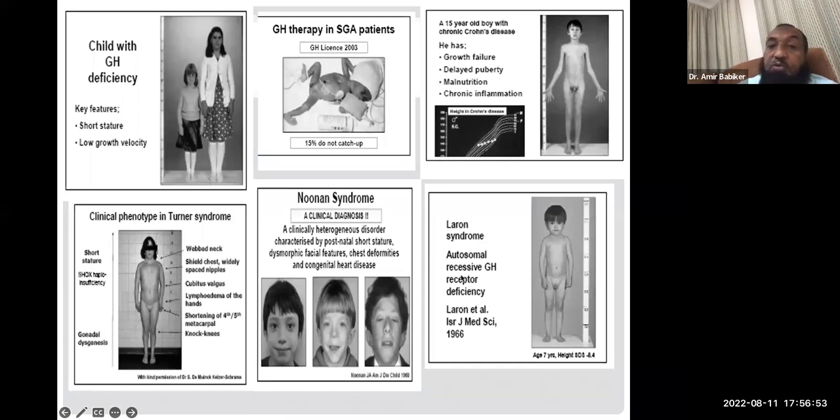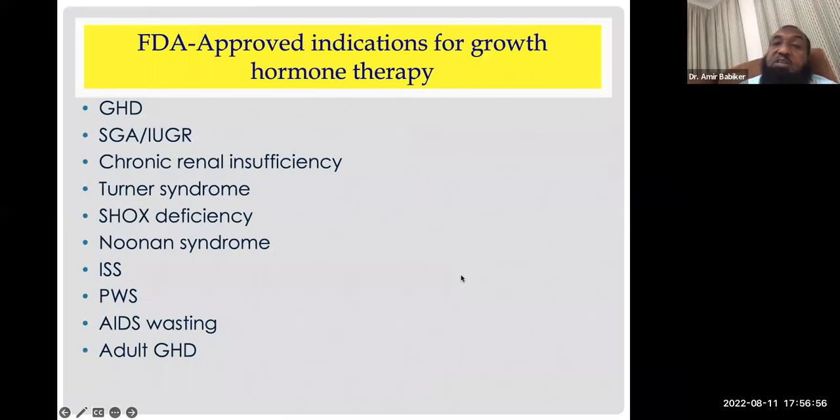Okay, I'll move forward. طيب FDA approved indications for growth hormone therapy طويلة, لسه طويلة. You need to remember from them 4. Growth hormone deficiency, IUGR or SGA, chronic renal failure, and Turner. في rare condition اسمها SHOX gene deficiency اللي هي دي واحدة of the dysplasias very similar to Turner, has got specific features. في حاجة اسمها Madelung deformity. You don't need to bother yourself with that. Noonan is also additional indication, idiopathic short stature, but approved universally هم الفور ديل الأوائل.